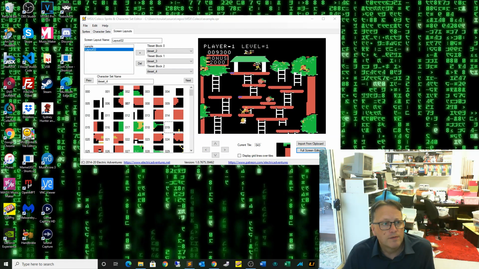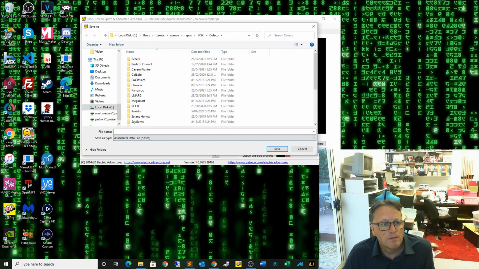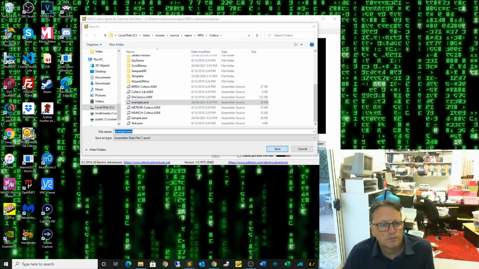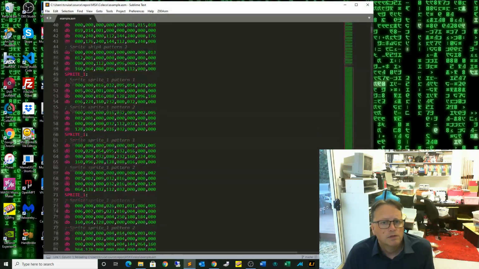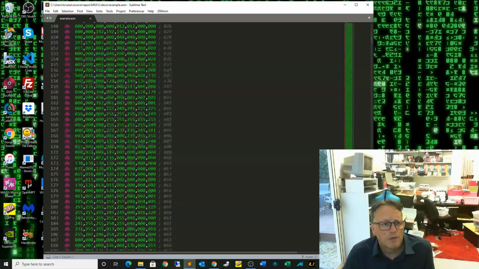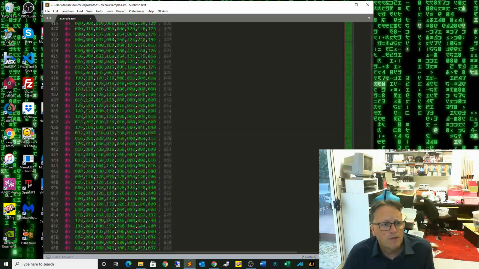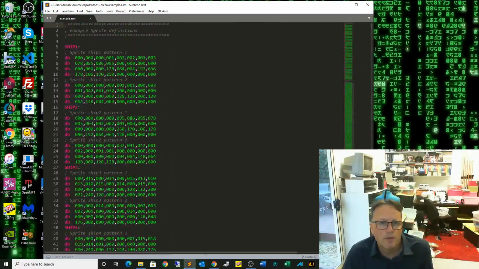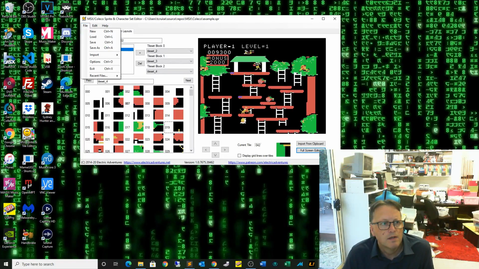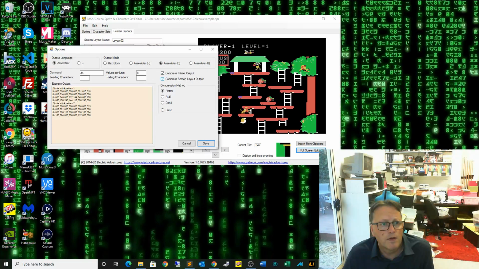And I'll save it as assembly. Oops. And we'll go back to edit over here. And it's a lot bigger now, but you can see the patterns are filled out, and there are several of them, and they keep on going. So this is all in raw uncompressed format, so these would take up a fair bit of space. So if I go into the options and I compress both of those and just use RLE,